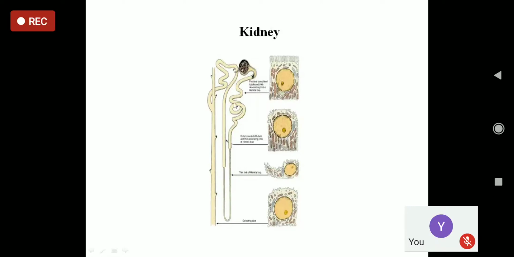Then there is the proximal convoluted tubule, and now if you see the cross section of the cell here, this cell of the proximal convoluted tubule has more villi, they have more microvilli. So